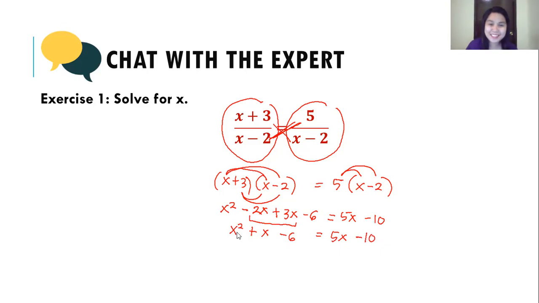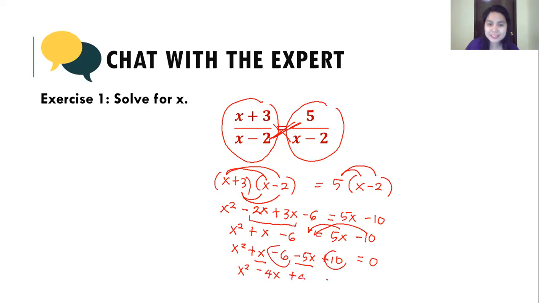Go back to your grade 9 lesson in quadratic equation. X squared plus x minus 6, transfer, minus 5x, and the other one also, plus 10 equals 0. So you have x squared, combine these two, minus 4x, then combine these two also, plus